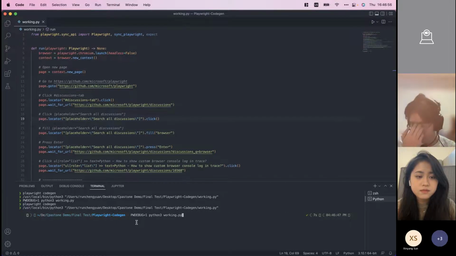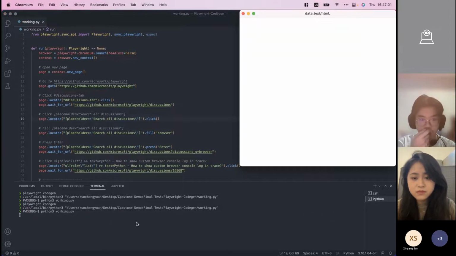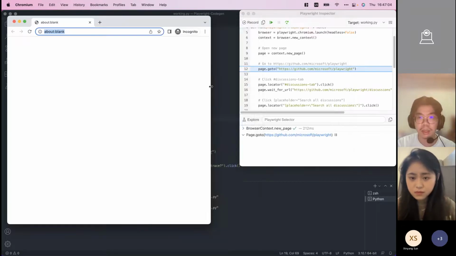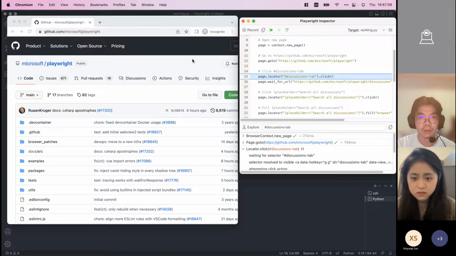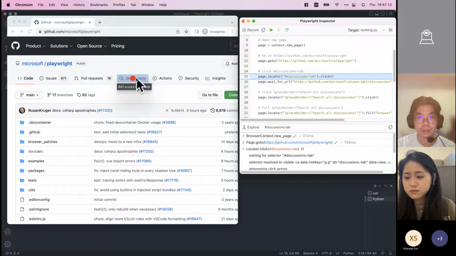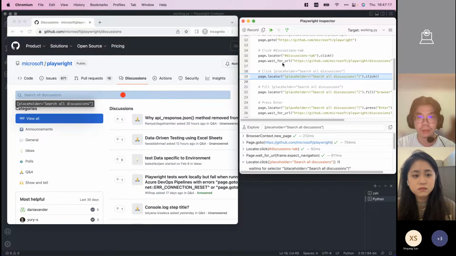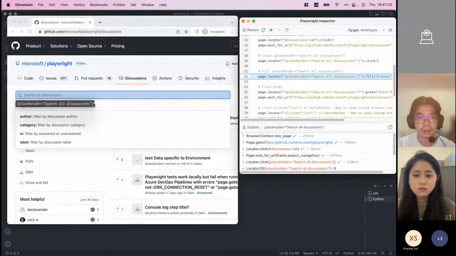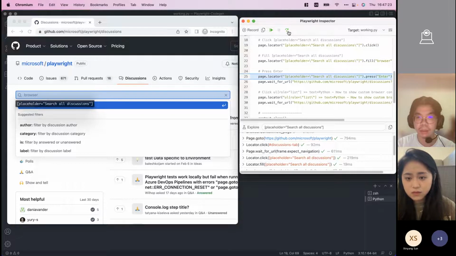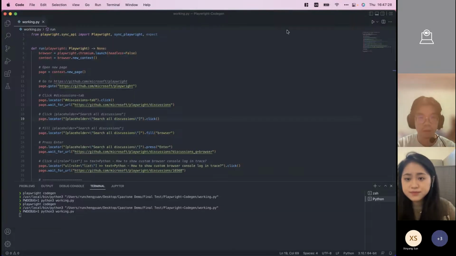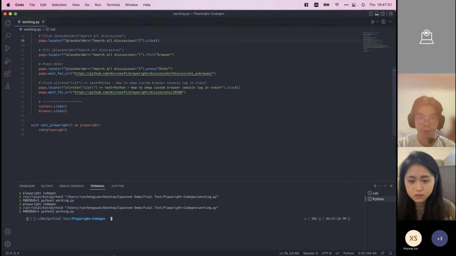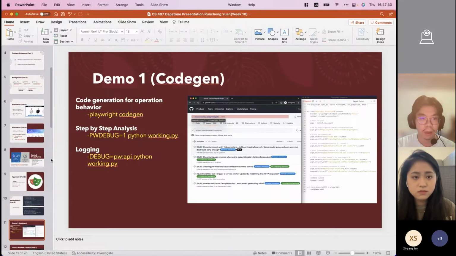I want to share two commands for this tool. The first one is PW debug. It means you can step through the behavior, step by step, what steps it does. You can see we located the element and what it sees at each step, right? What we typed in the browser, right? And then it closes the browser. It's important to mention we need to close the browser. This is very important. So we move on.